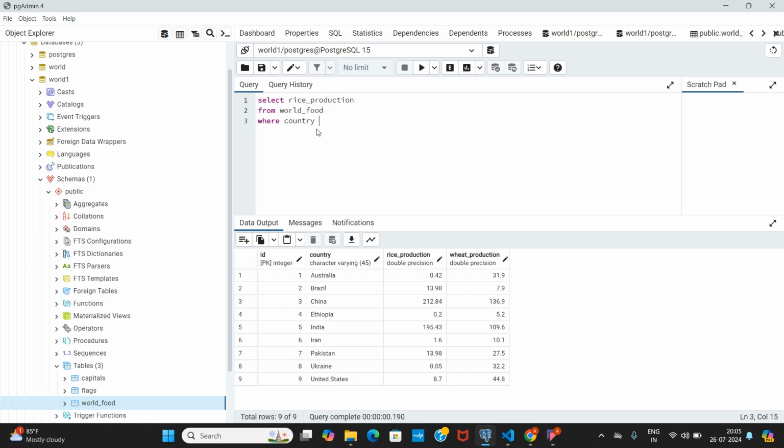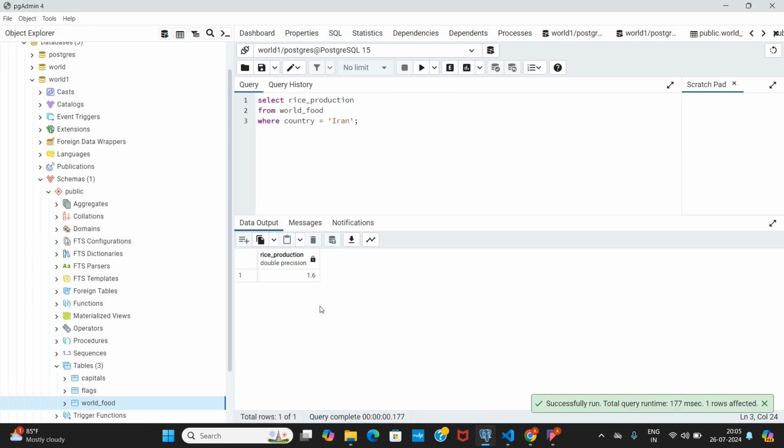So country equal to, make sure you're using single quotation marks, Iran, and close this one with a semicolon, and let's hit that one. Here you go, we got the thing, we succeeded. So that's it. And the next thing I wanted to tell you about is WHERE conditions such as greater than,